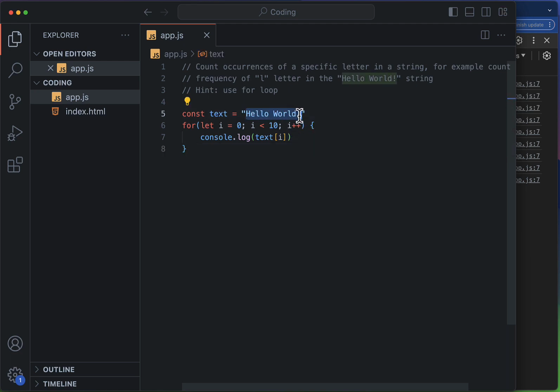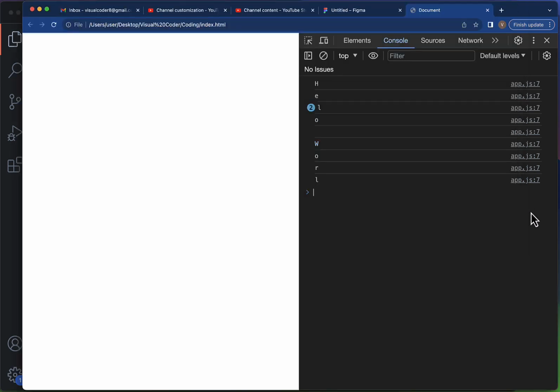If you want the loop to go through the entire thing, what we do is say go up until i is smaller than text.length, because we said a string inside JavaScript is just like an array, so we can get the length. And now if we do it again, we see